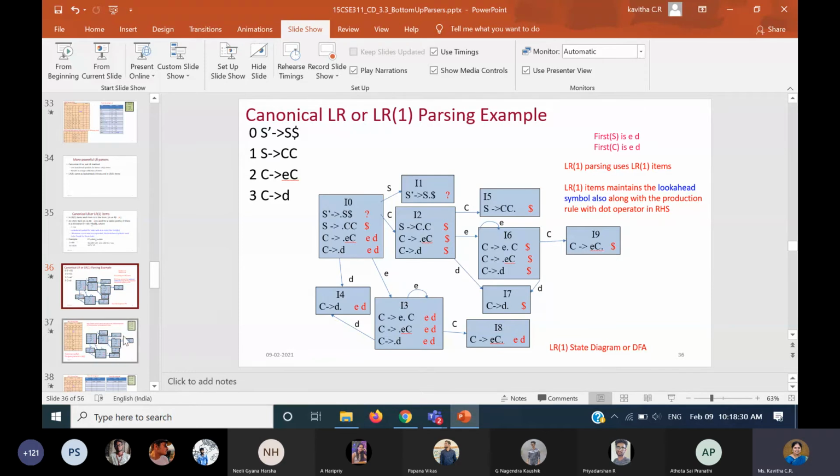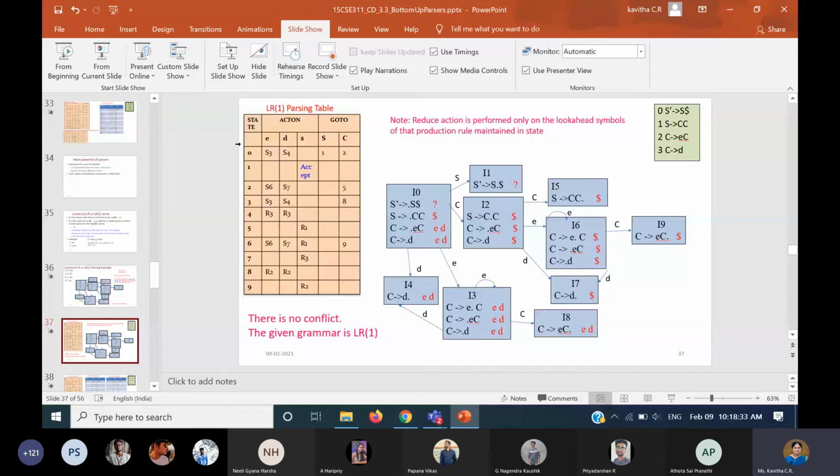Okay, students. In the next class, we'll continue with the parsing table. By then, whatever doubts you have, let me know in the next class. Because if you continue with the doubts, you'll not be able to do anything. And the next technique also depends on LR(1) parsing. So at least go through it once, and whatever doubts you have, you can either send them through chat or ask me directly. Get it clarified as early as possible, so that we can proceed with some more examples. I have many complex examples also. This is a very simple example, actually. So we will go ahead with the table in the next class, and then also we'll try to parse some strings, and then we'll proceed.